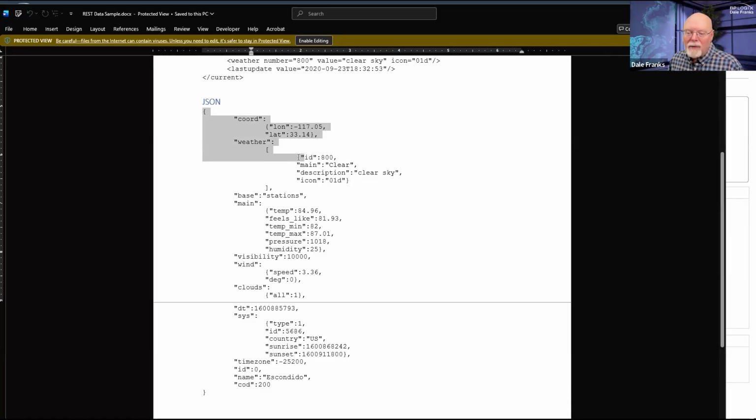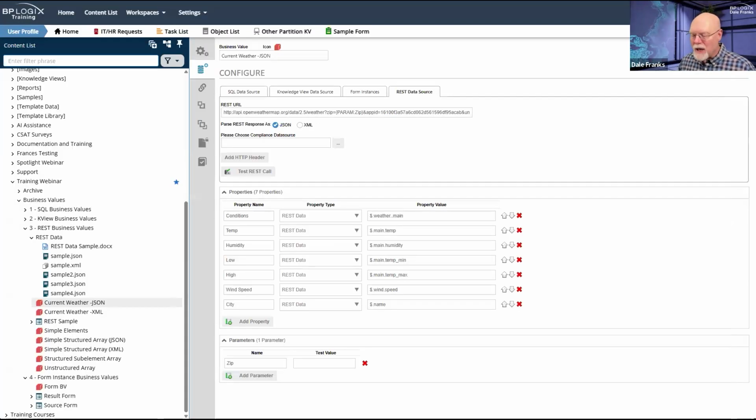And I've got 4 attributes I can access here: ID, main, description, icon. So I can pick main. So $ dot weather dot dot main pulls that out of the JSON. So all of these different JSONs have different ways of getting to it.